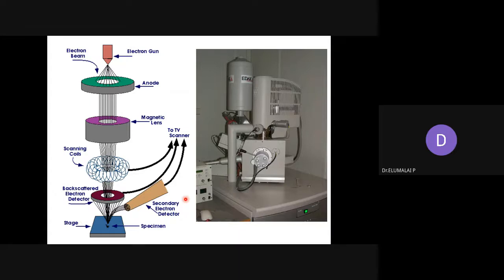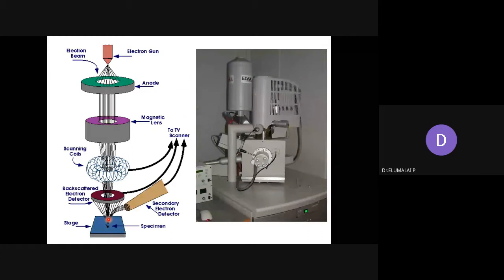I think this slide will give you much better information. Electron gun, then using electron optics, electromagnets, the electrons are focused and further focused. Based on the magnetic lenses, it is possible to increase or decrease the spot size of the electron. Depending on the spot size of the electron, the resolution or the depth, you will be able to scan the material. You will be able to scan the material for the intensity of the backscattered electrons or just the scattered electrons.